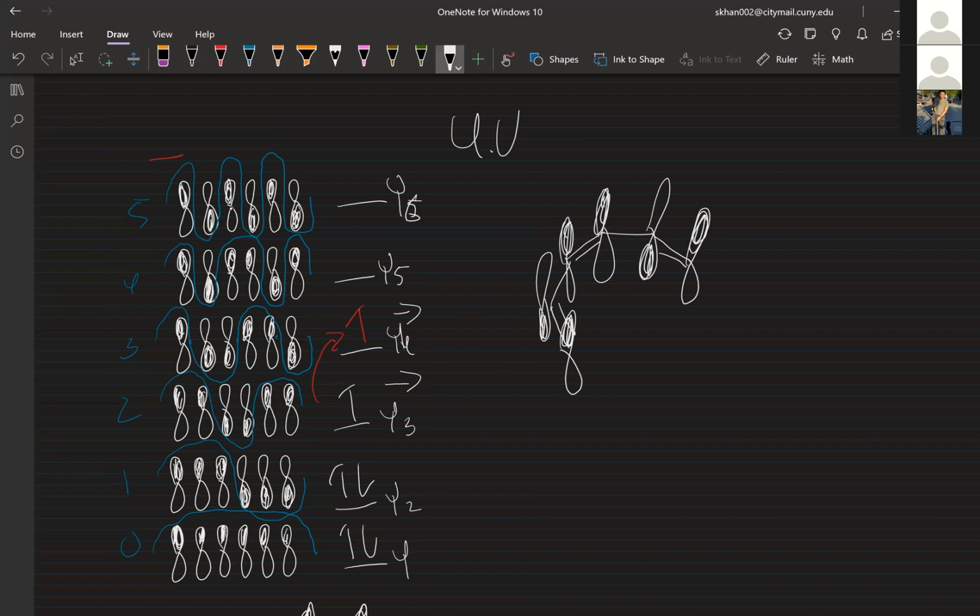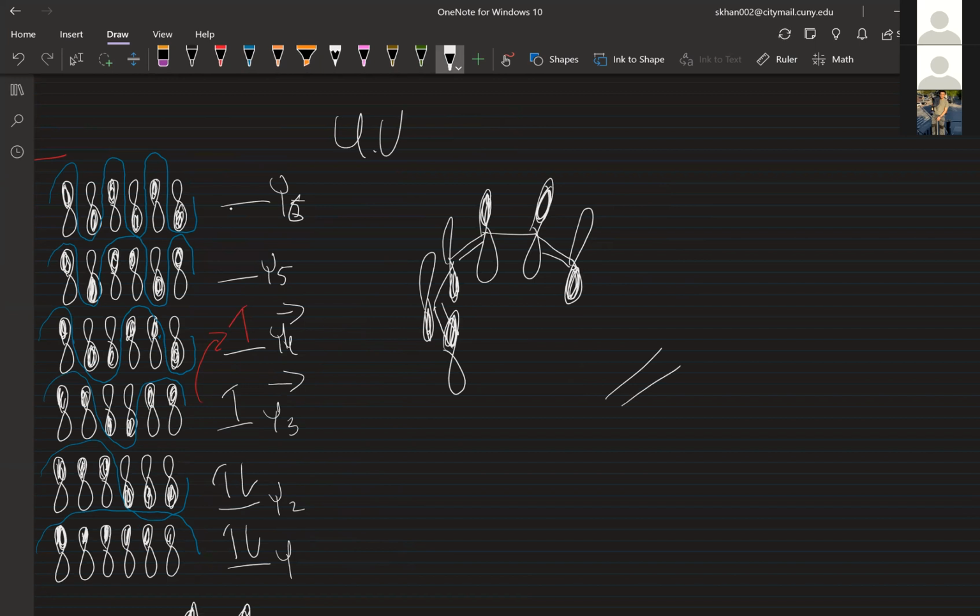And this, right? Wait, did I draw the right one? No, I did not draw the right one. Whoops, one second. I drew the one above it. Okay, so that, then these two, right? And this, right? So now if you line it up with ethylene,